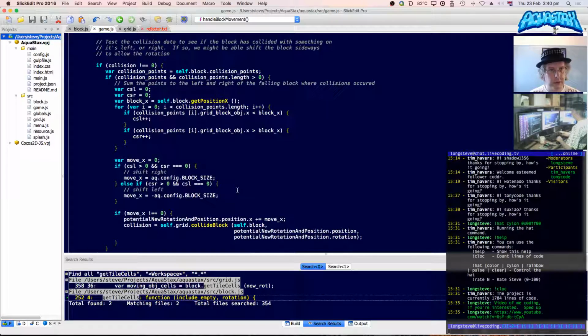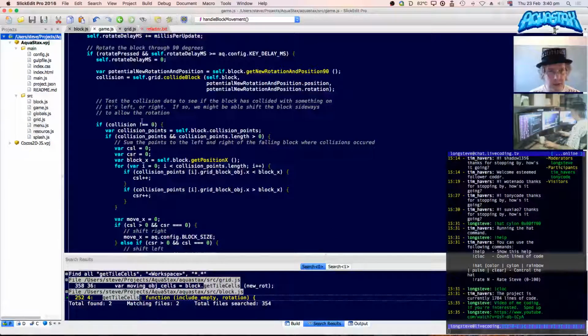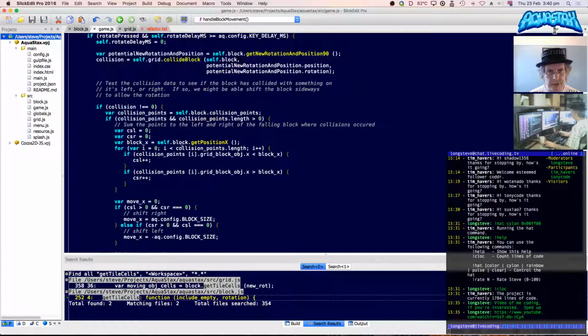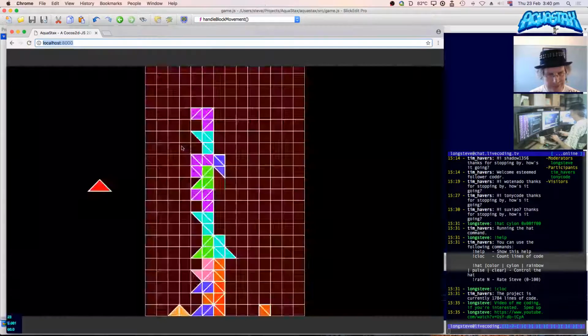So if this works, I'll be very, very surprised. Also, it's not going to work. Oh, no, it might work. Just thinking, will it work on the left and right edges? It's not going to work on the left and right edges yet, but we'll see.